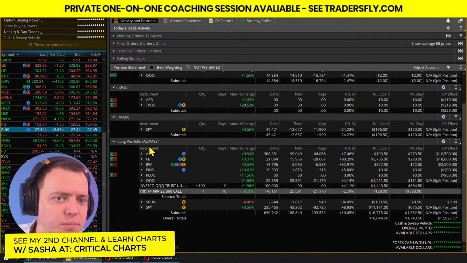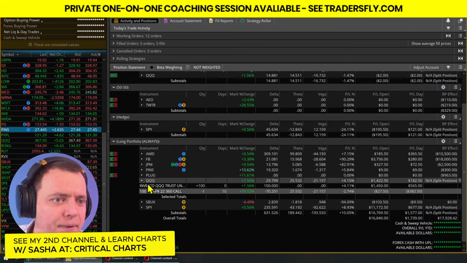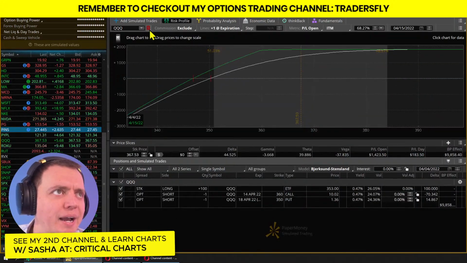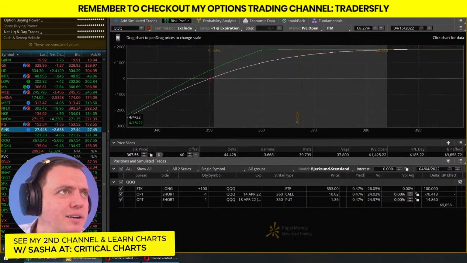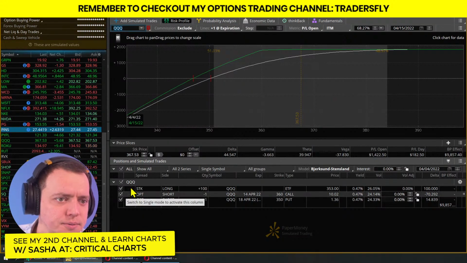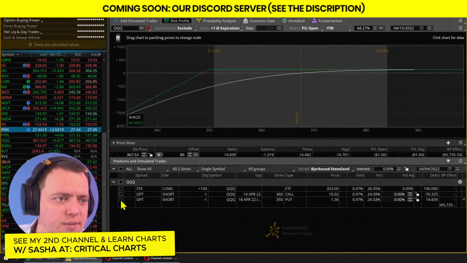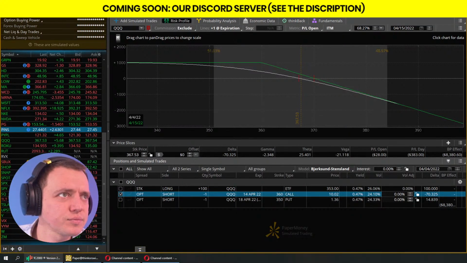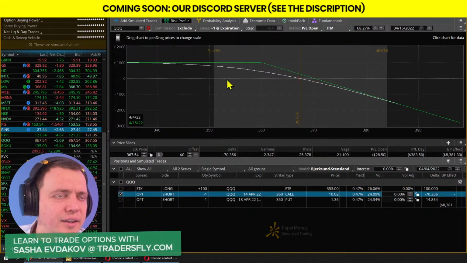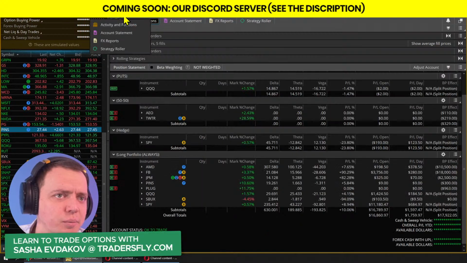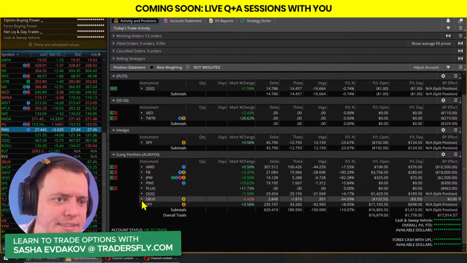That's one way of doing puts, is just put it in and let it do its thing. QQQ's here. Let's check back. We've got call side right there. And then this one's out, so we'll probably get rid of that stock eventually. So I just want to make sure we're keeping an eye on things.